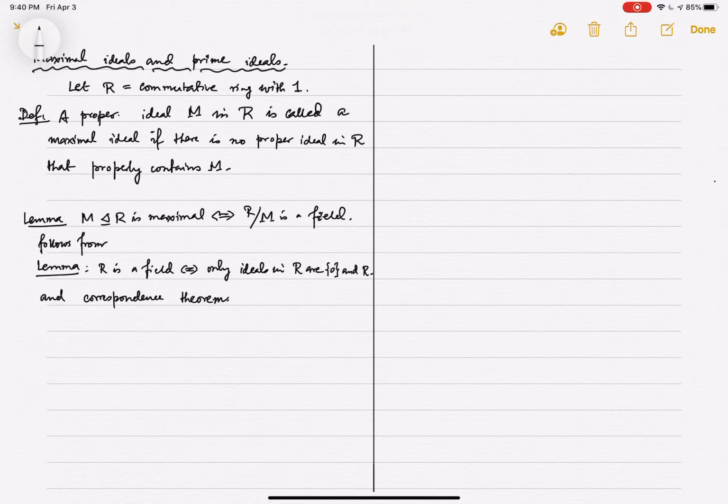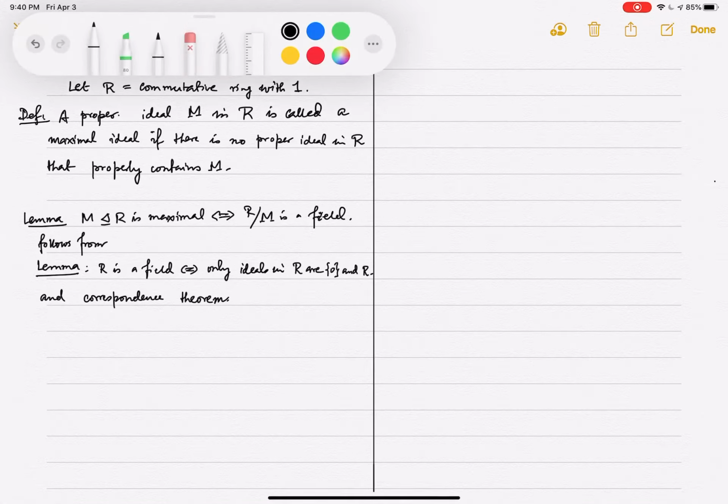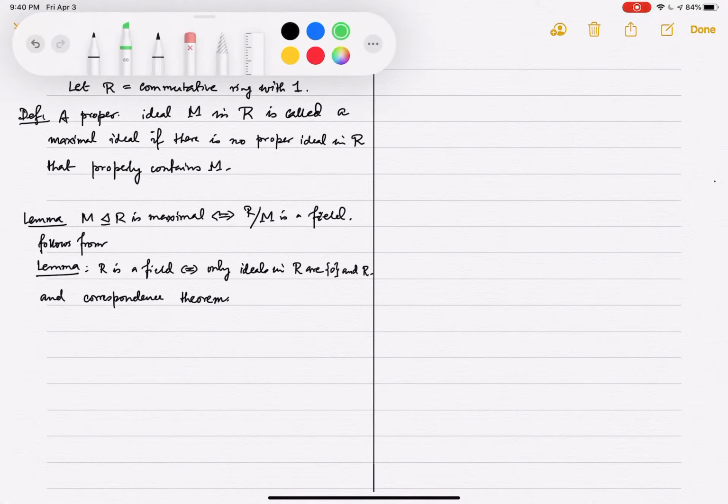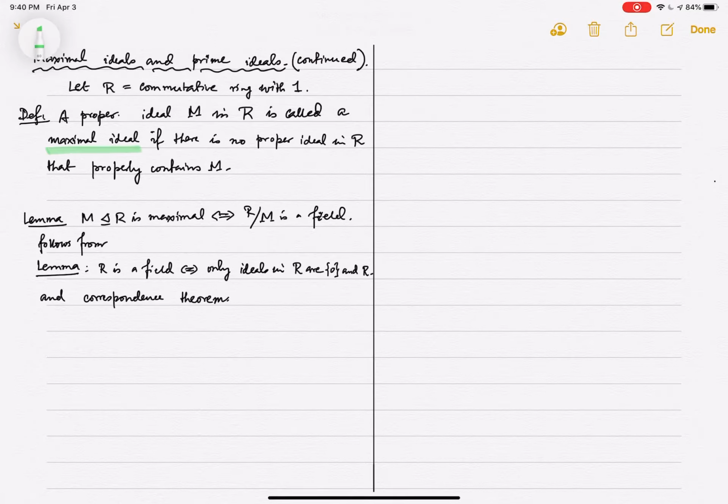Let's continue talking about maximal ideals. I want to give some examples, but let me recap the definition quickly. R is a commutative ring with 1. A proper ideal M in R, proper means that M is not equal to R, is called a maximal ideal if there is no proper ideal that properly contains